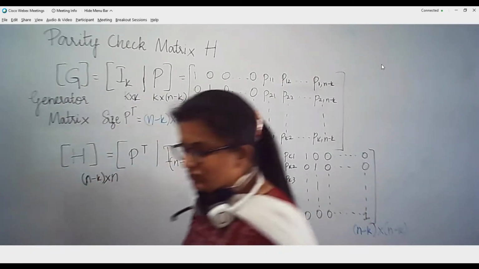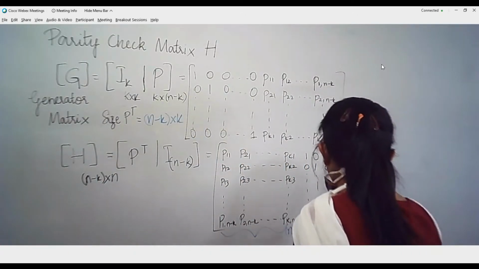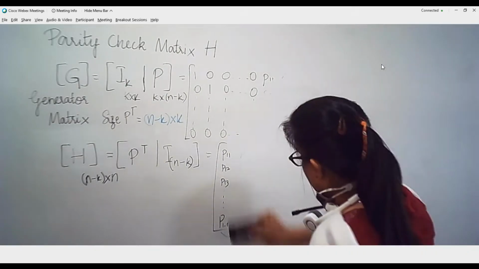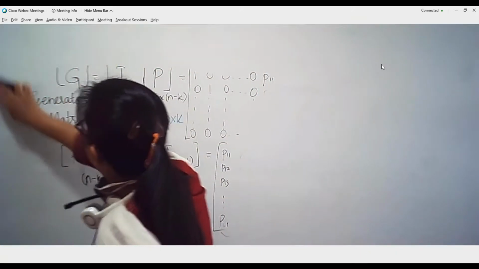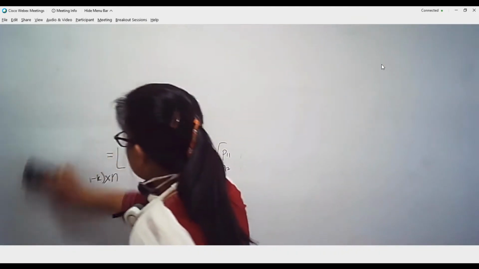So we have one derivation here, and we will quickly do that. This is going to help us in the decoding procedure. So take down the proof that we are doing now.